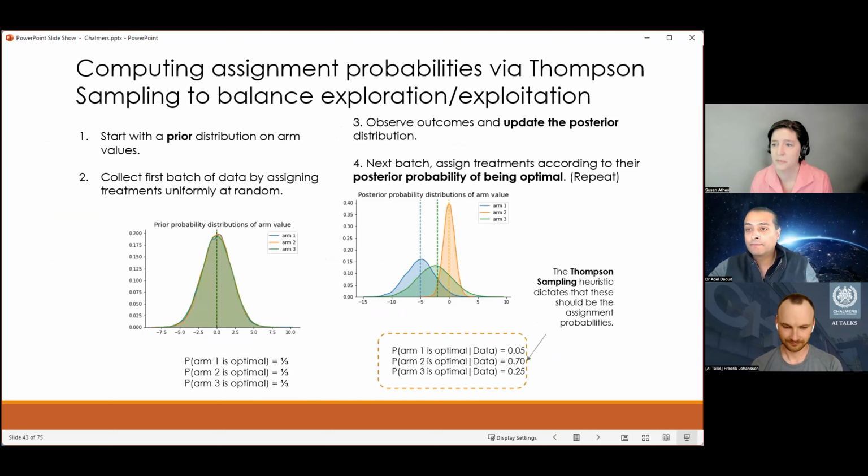There we go. Yeah, hi, thanks, Susan. So that was very interesting, but I was just wondering, if the goal here is to identify the best treatment, the best arm, then Thompson sampling is not the best algorithm to do that. I mean, Thompson sampling is great for regret, but not for best arm identification. Maybe there are versions of Thompson sampling, like top-two Thompson sampling, which are better for best arm identification.